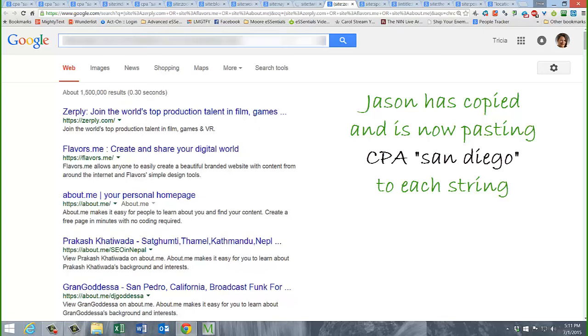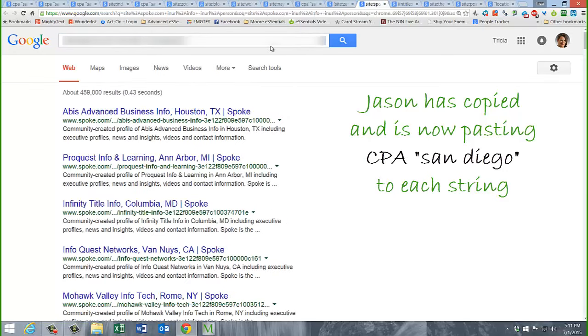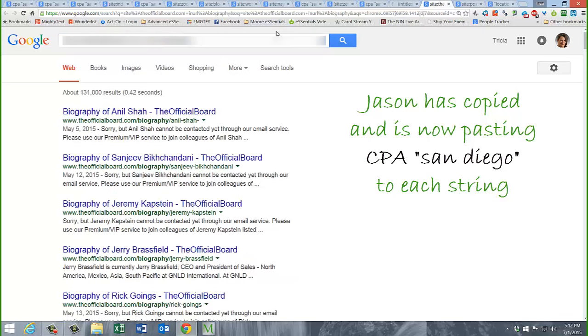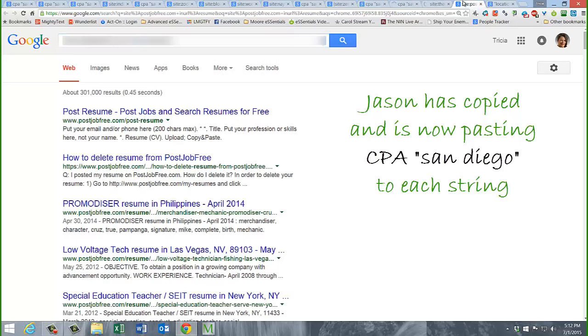I will apologize as we're going through this process that we're not actually showing you all of our search strings. You will have to either buy the eSSistant to see them, or you'll have to go through our eSourcing Essentials program in order to learn how to write all of these yourself.